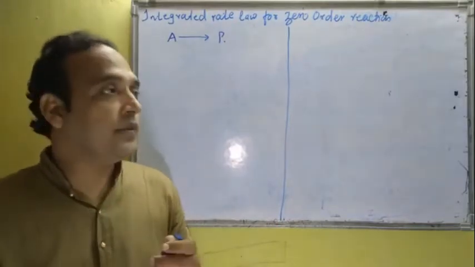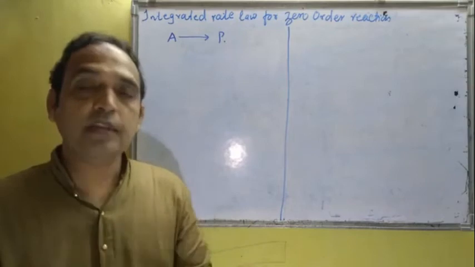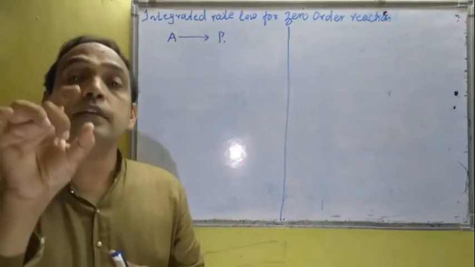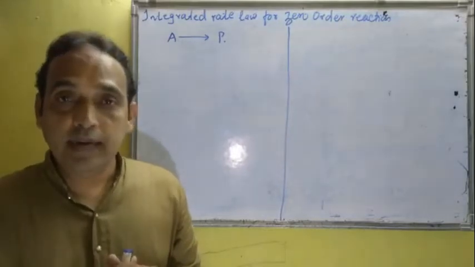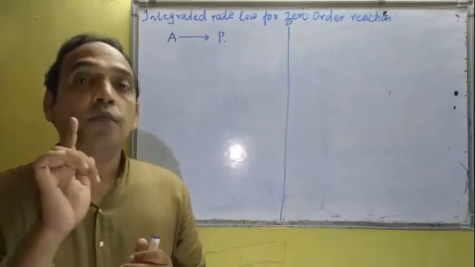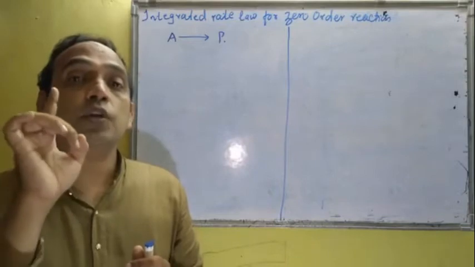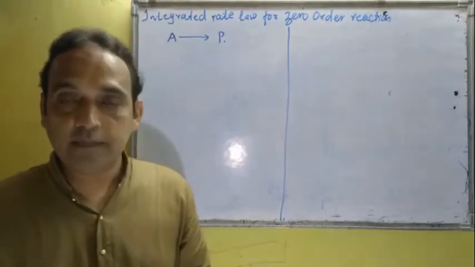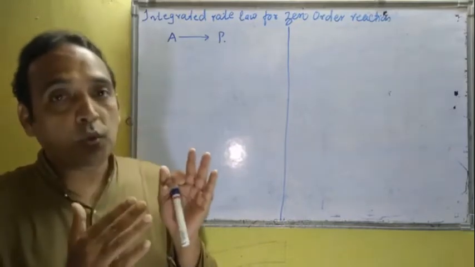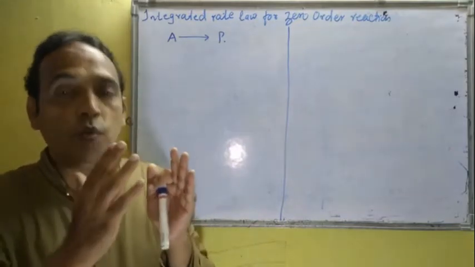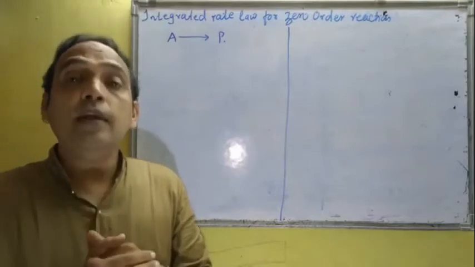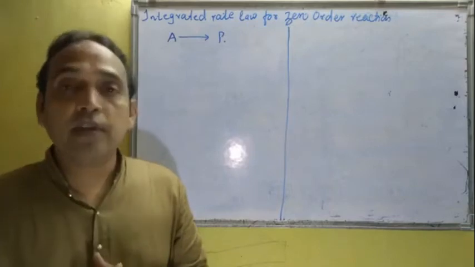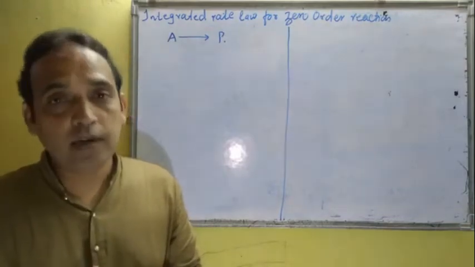First order reaction means the reaction in which rate is directly proportional to first power of concentration of reactant, like decomposition of hydrogen peroxide. When H2O2 decomposes, it converts into water and oxygen, but rate depends upon only concentration of H2O2 to the power 1, and such reactions are called first order reactions.